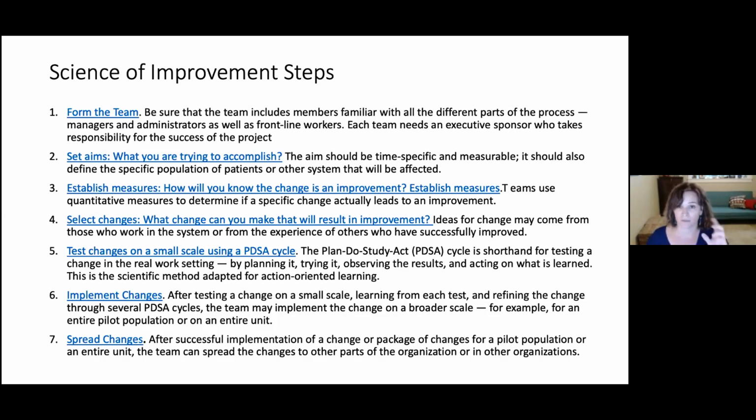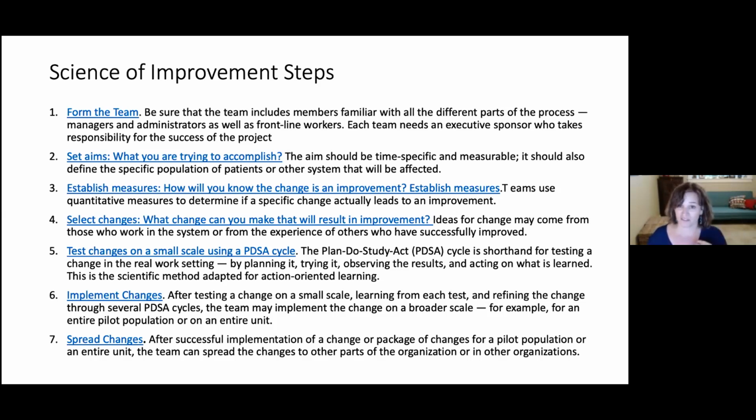See if you've got your theory about, here's my change, I think it's going to get me this outcome, but test it out. See what happens. And this is where your PDSA cycle begins. You've done your planning. Now you're going to do some do. You're going to test it out. Then you're going to check or study what you did and see if it got you the change that you wanted. And then you're going to act.